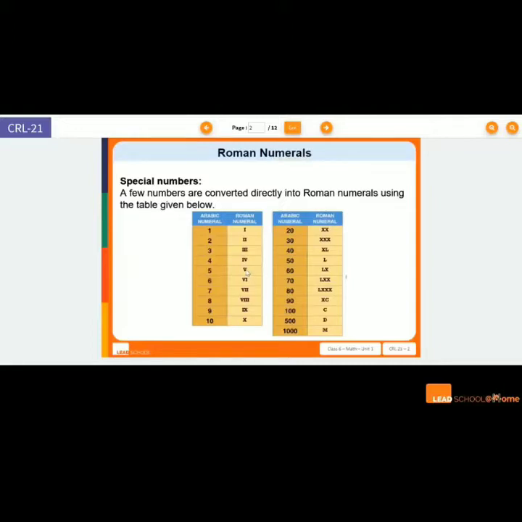30 seconds done, 1.5 minutes more to go. This is a very important chart. So make sure when you have time, make a chart out of this and stick it in your room or home. 1 minute up, 1 more minute to go.